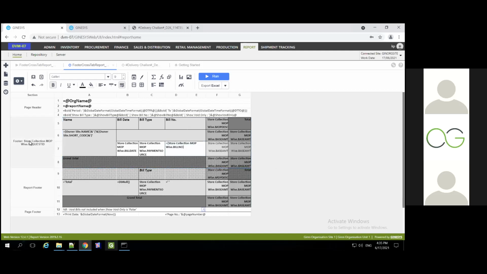It could have been a store group or any other thing. Now, as you would know, for a footer, if there are two request IDs in this particular report, then you will have two cross-tab reports in this area. But for a report footer, as I mentioned in the first slide, the report footer always executes once. So this is basically the overall summary.